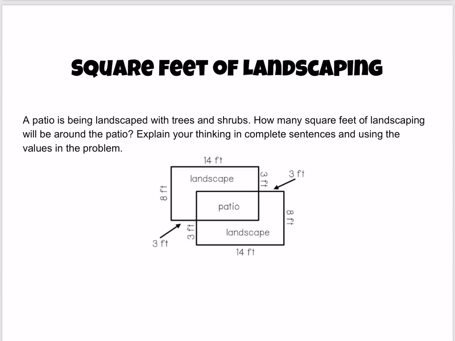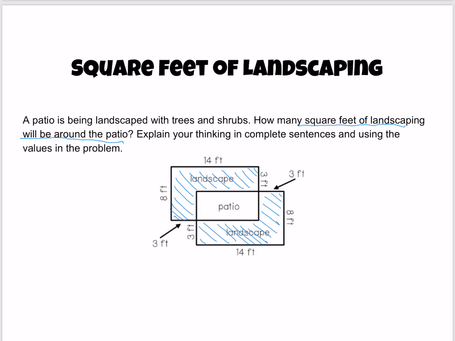Now, it says how many square feet of landscaping will be around the patio. What that is saying is, what is this area plus this area? So that's the area of the landscaping. Now, that's a tricky question. So that's the first thing, is we need to realize we're finding two areas and adding them up. Now, the next thing we need to think is, how are we going to find the areas of each of